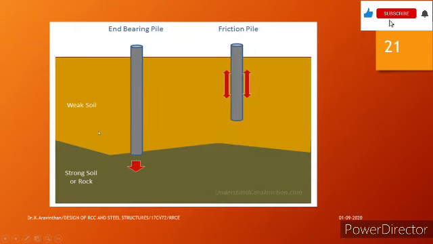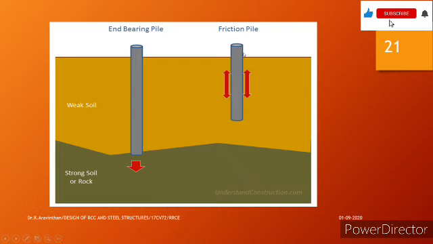See, these are the areas where you are having a weaker soil. So we have to dig towards the depth, and if you are finding a strong rock soil, you can have your foundation from this part, so that a column like structure is being raised. So this structure is called a pile. In the end of the pile it is bearing, so it is called end bearing pile.